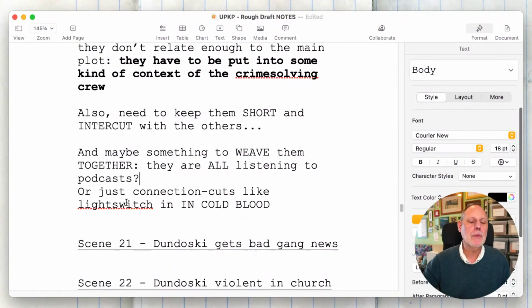Now, I made a note to myself because there's a movie called In Cold Blood. It's a really good, for old Hollywood, adaptation of the nonfiction book by Truman Capote about a murder of an entire family in Kansas in the 1950s. And the movie intercuts the victims and the killers, until the victims are dead. But even then, they keep coming back in flashbacks. One of the things they do is they try to make connections, like one person will leave a room at the victims', and they'll turn off the light as they're leaving the room.